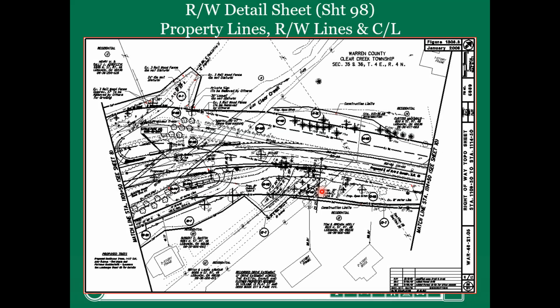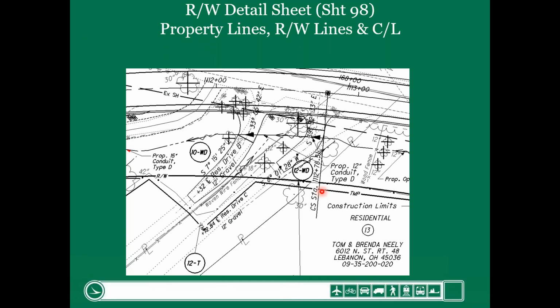So I've only got a few minutes left, so I'm going to get into just real quickly a closer look at some other things on a parcel, helping you guys identify. This is a very congested area. So the first thing you want to do, again, find the proposed center line. Then find the stationing. So this is the station range along the center line. This is station 1112 plus 00, station 1113, so there's 100 feet. So these are the station ranges.